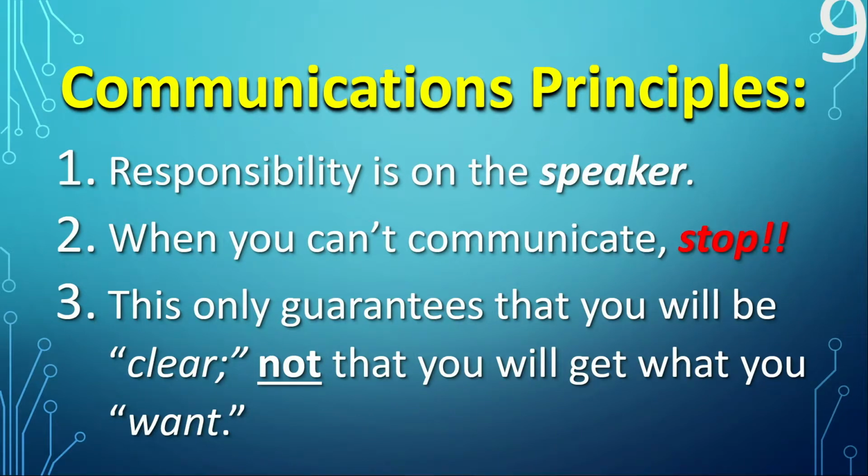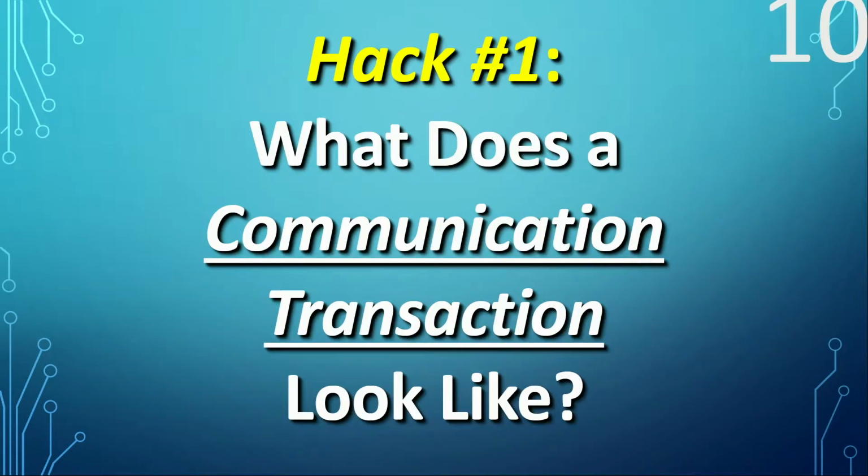And these tools I'm giving you, and these understandings and these principles, do not guarantee you will get what you want. Only that you will be clear and understanding the nature of what's happened, what you want, what they want, what's working, what's not working. Which brings us right back into the usual agile: what's working, what's not, what to work on next. Rinse, repeat. When you can't communicate, stop. Realize you will get clarity through these tools, not guarantees of exactly what you want. Accepting that is very helpful as well. So now, with those things in mind, I present to you hack number 1.